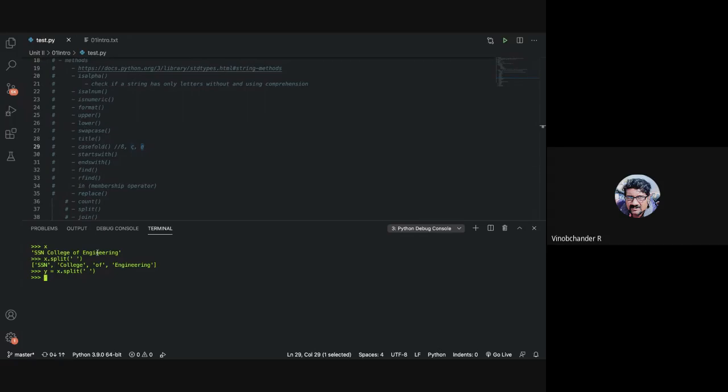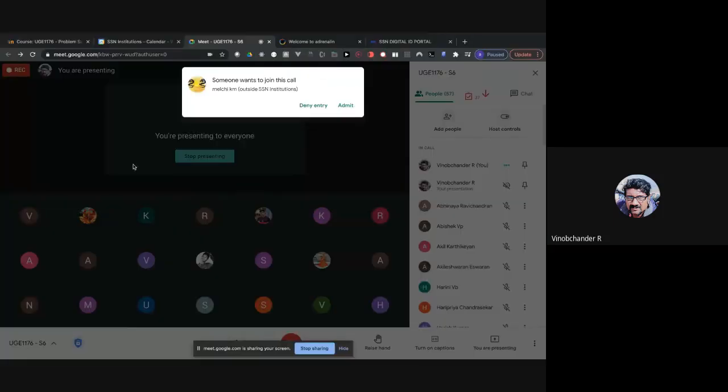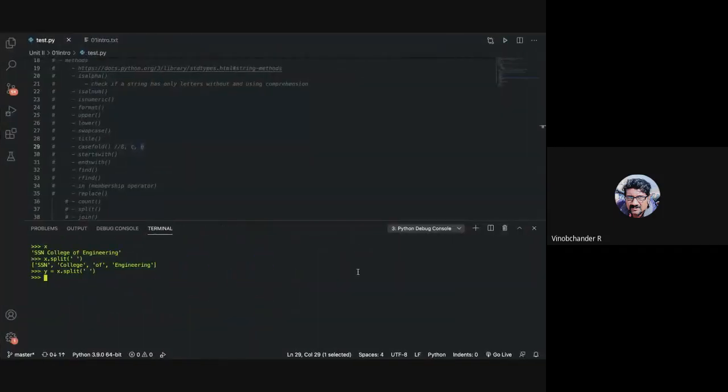Let me join the array on an empty string, and then say y. So this is SSN College of Engineering now without a space. If you want to join with a space, you can specify a space here.